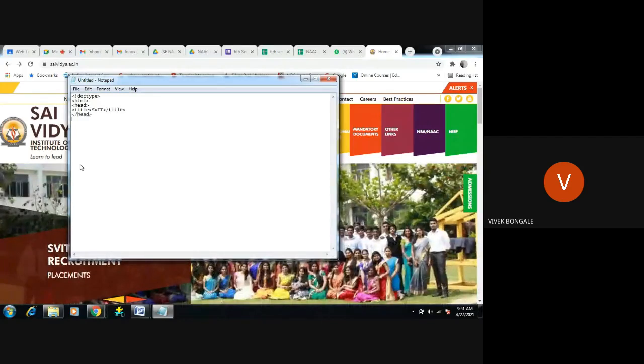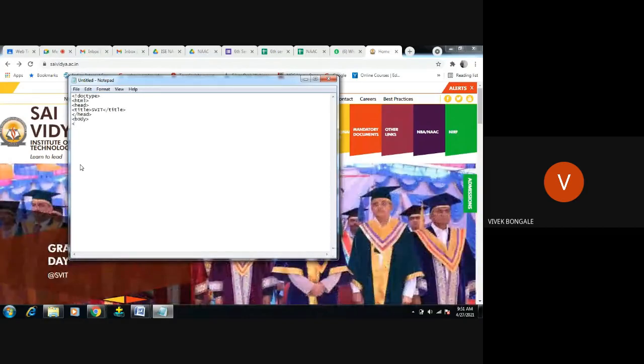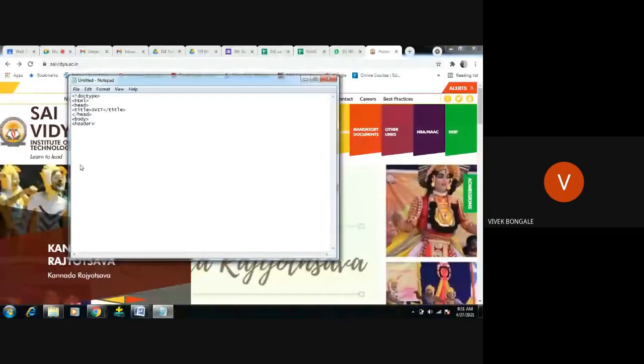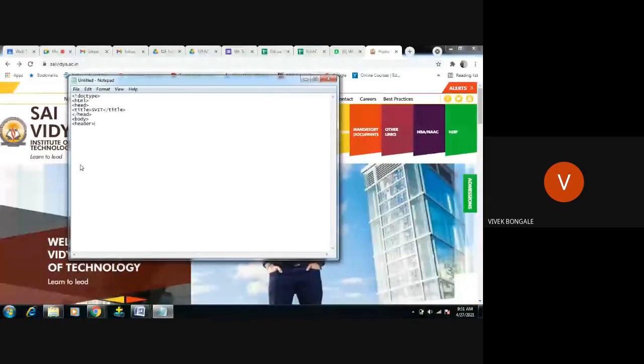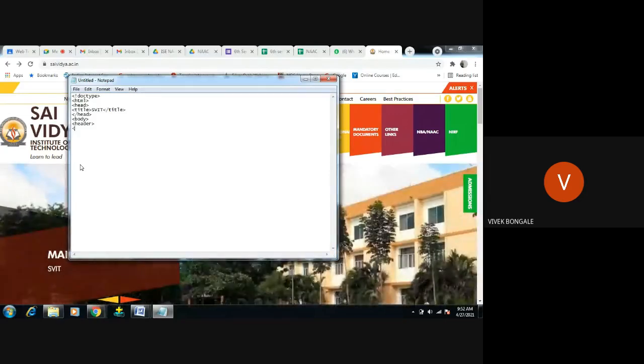I'm going to start with the body. In the body I'm going to give what? Header, right? In header we can give, okay, first I will show one particular thing in the header, and we're going to see the group, header group. So in header we can apply one more concept called header group. In header I want to display this logo, that is image source.